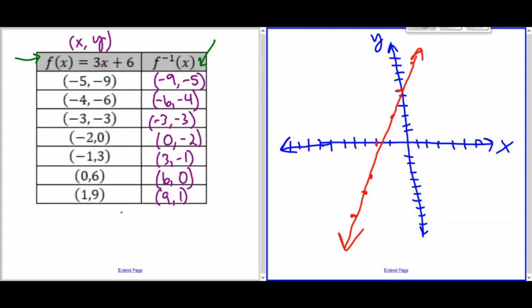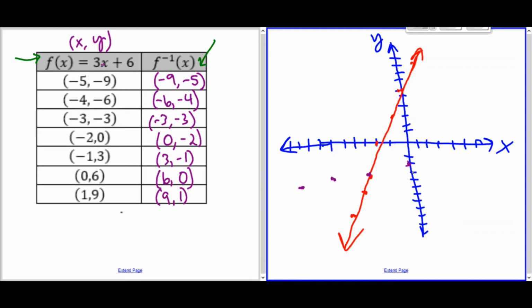So this is what my original function looks like. Now I'm also going to graph the inverse. I'm going to graph the inverse in purple. So I'm just plotting now all the points in that second column. So -9, -5. -6, -4. -3, -3. 0, -2,